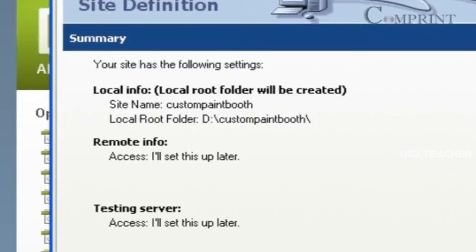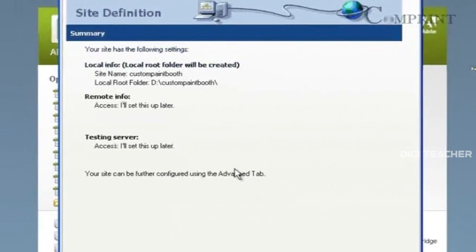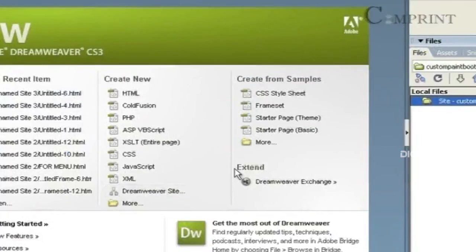That means once we finalize about the server and other web applications, then we can enter the data about this remote and testing server. So in such cases, to configure this information further, we can use the Advanced tab. Now click on Done to define the site.